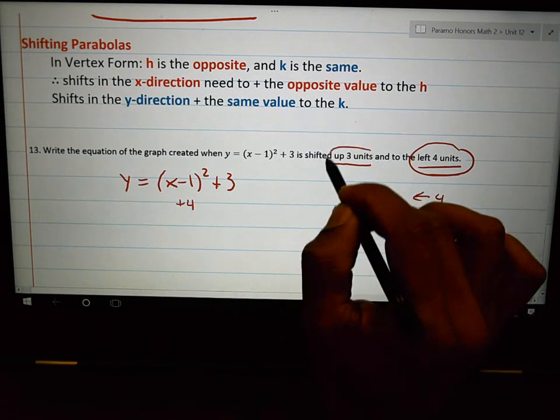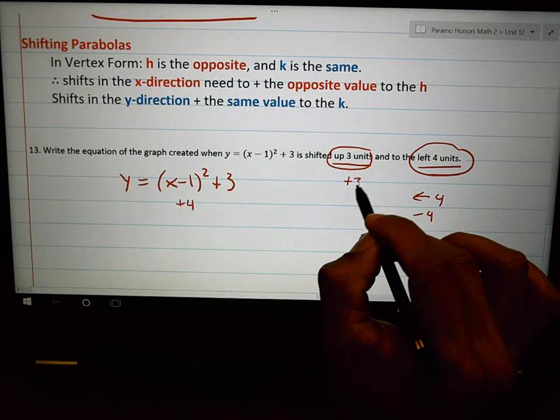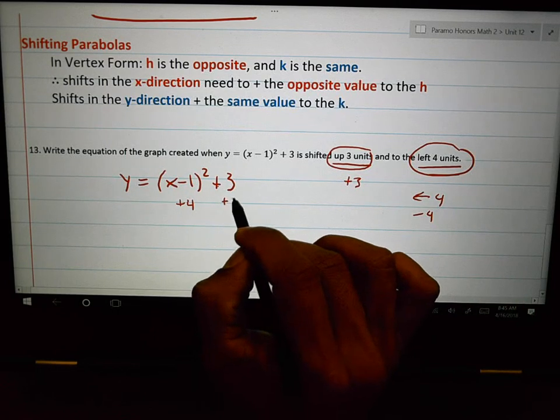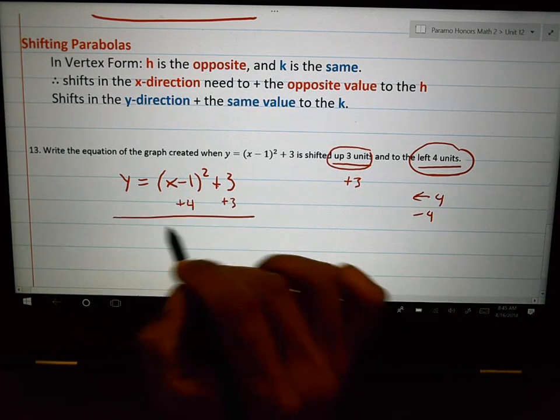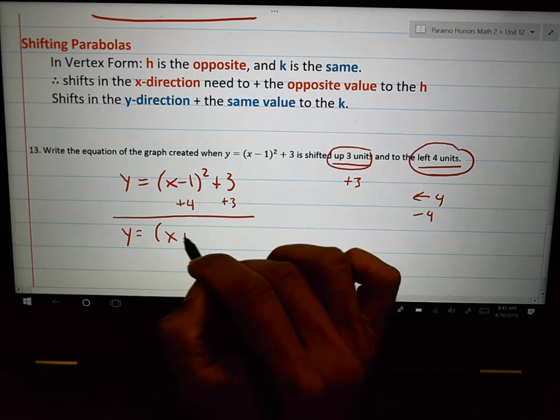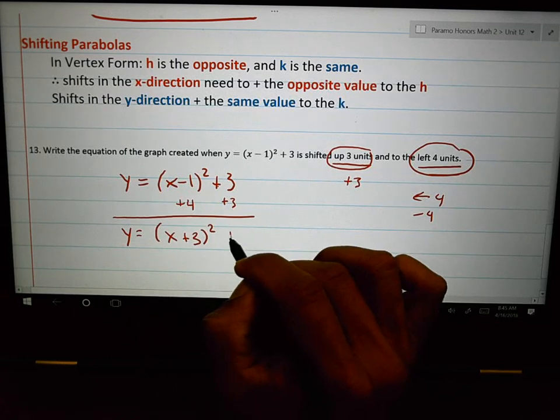Up 3 units normally means adding 3 units in the y direction. What I'm going to do is put plus 3 underneath the k. This is the shortest, fastest way to do the problem, which means your new vertex will be at